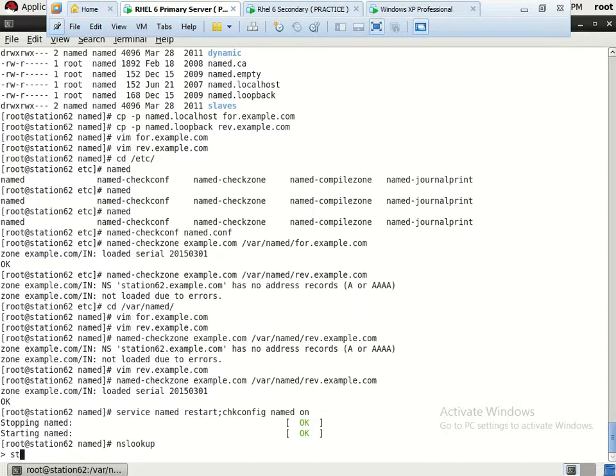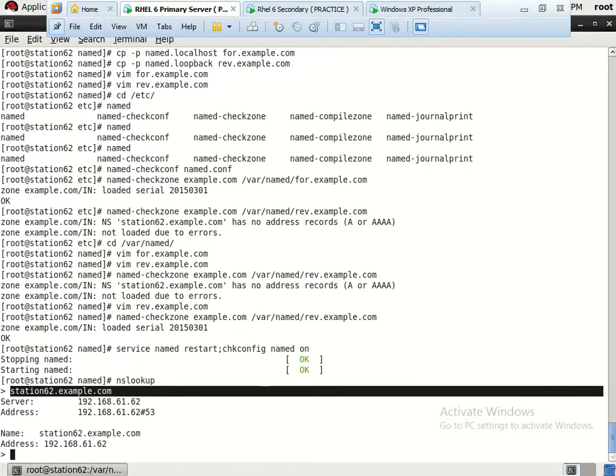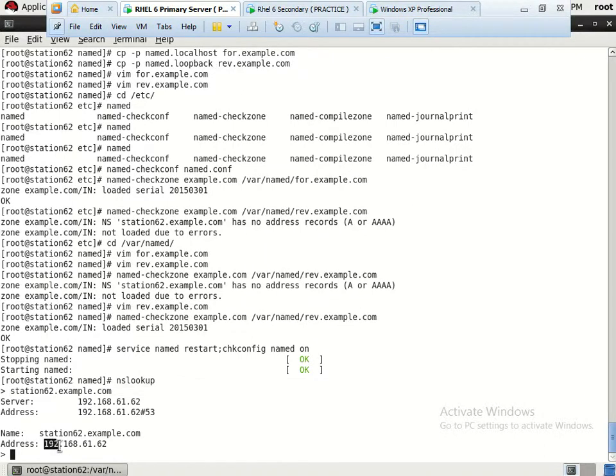First command is nslookup station 62.example.com. This is the host name of our primary server, and it is resolved into the IP address 192.168.61.62, means the forward zone file is correctly configured, and the forward name resolution is completely and perfectly working here.